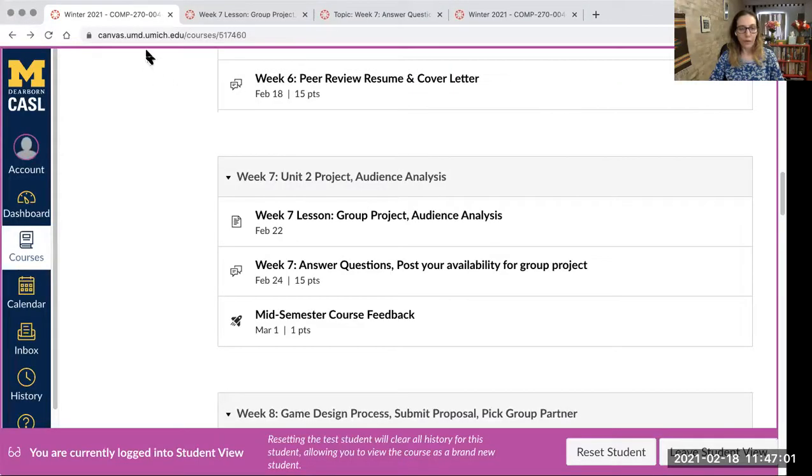So when we look at the week 7 module on our Canvas course page, week 7 has 3 items within it. The first of which is the lesson, which explains more about this project, as well as a lesson on how to analyze and characterize an intended audience when we're in professional and technical communication.